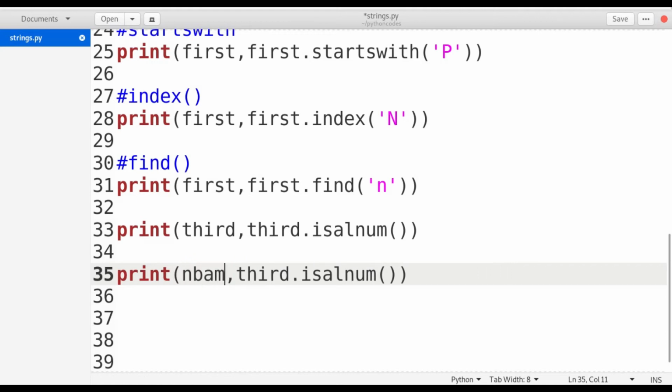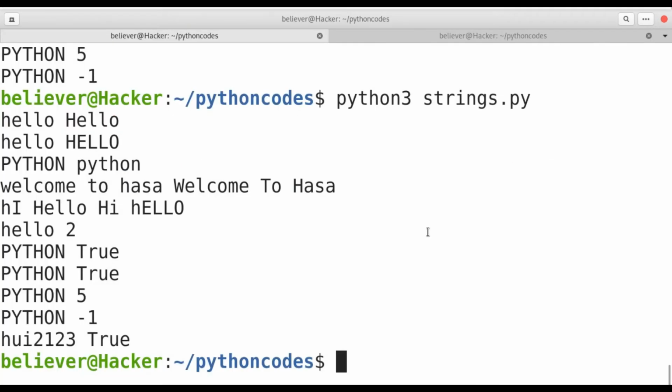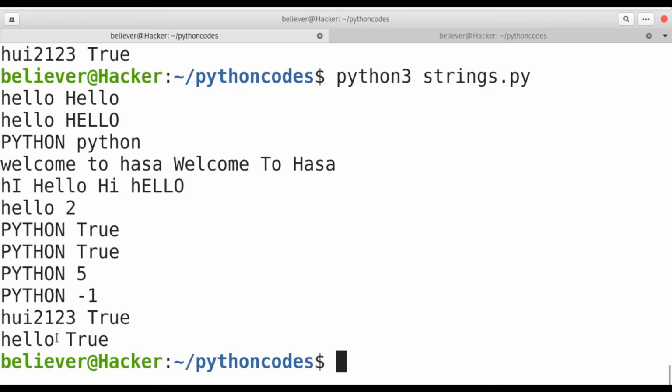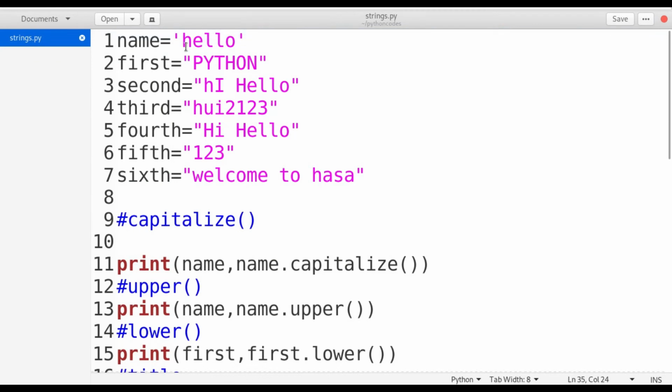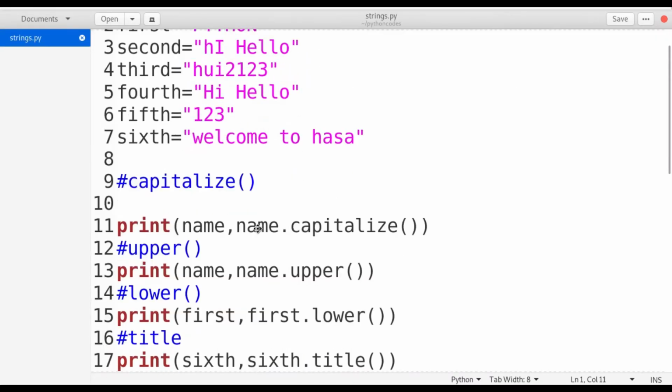Name comma name dot isalpha. If I check this, it gives true, because it all consists of alphabetic characters. So that's why it is giving true for isalpha.